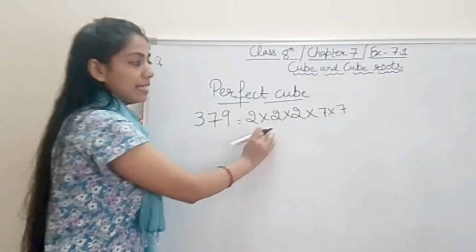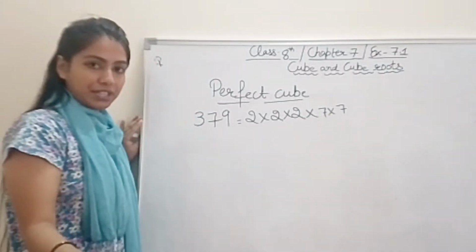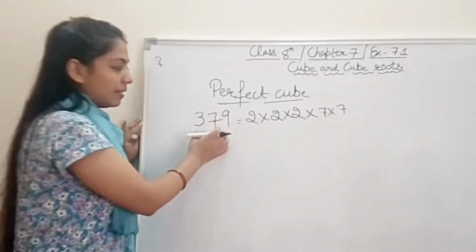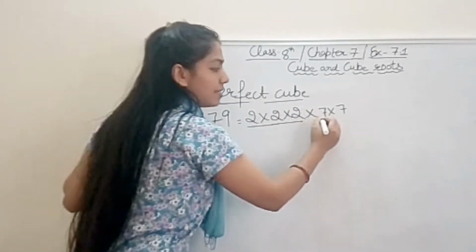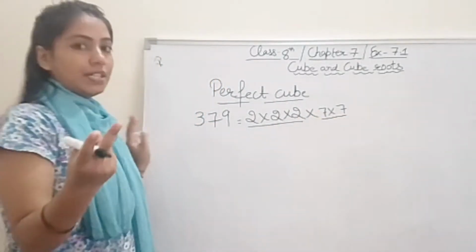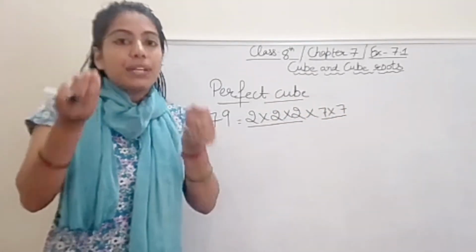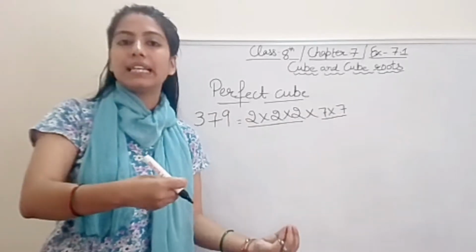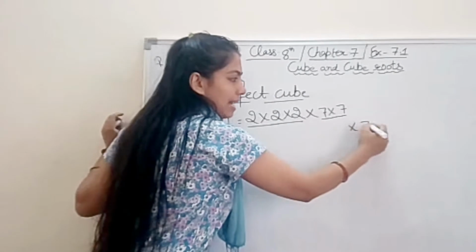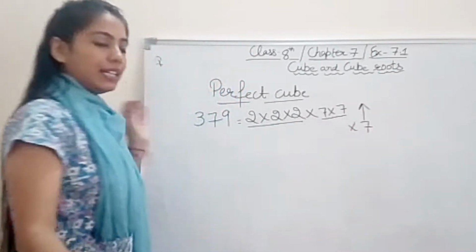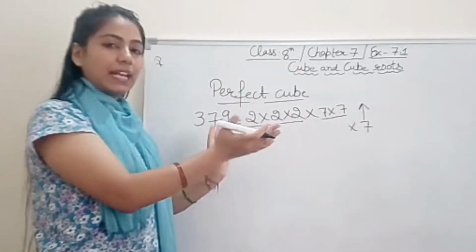Sorry, these are the prime factors after the prime factorization. Fine. So now for a perfect cube, 3 has a pair, yes, 1, 2, and then as you can see 7 is there, only 2, whereas for a perfect cube we need one more 7, right? So do we need to add anything to make it a perfect cube? Obviously, 1 7. When we add 1 7 into 8, then it will make a perfect cube. Simply we will do the same method like a perfect cube.